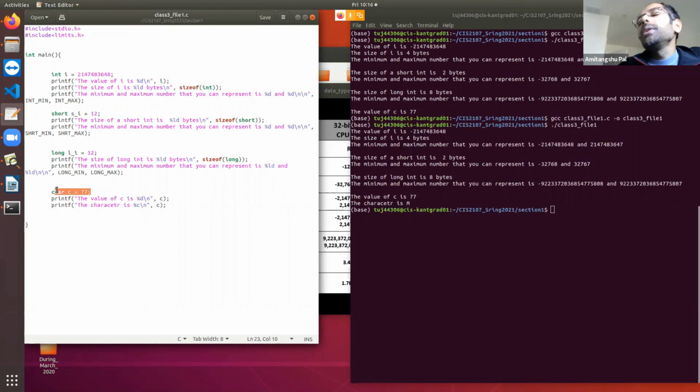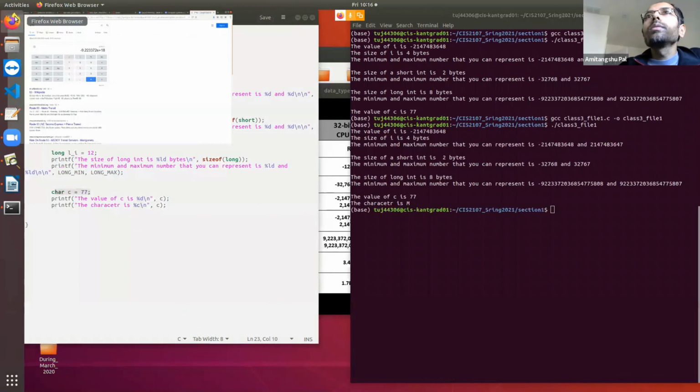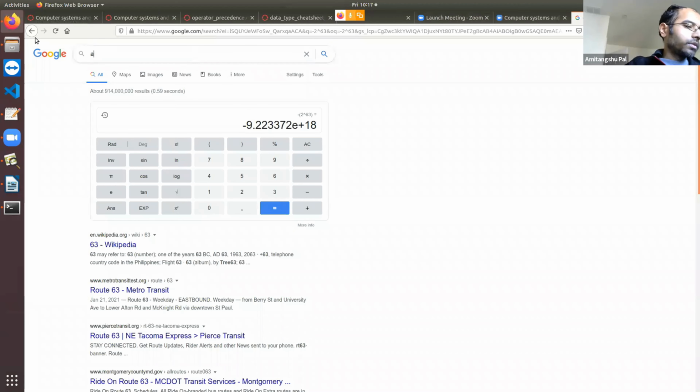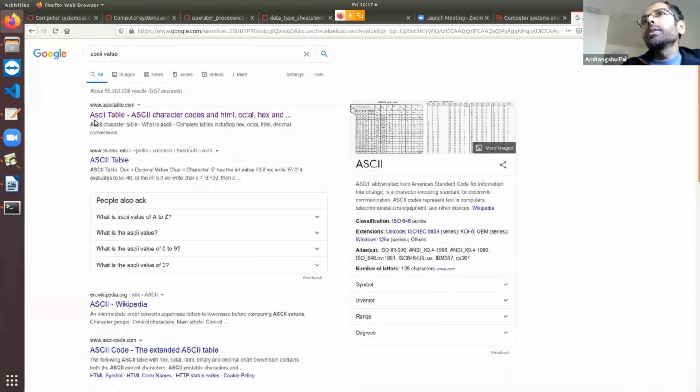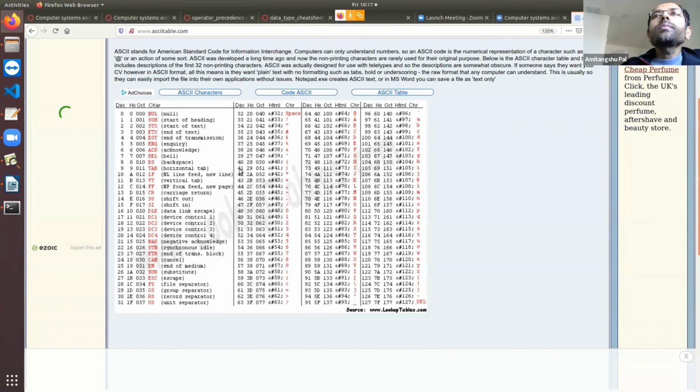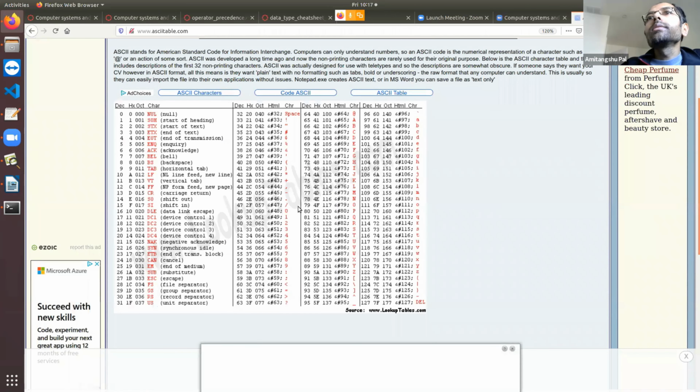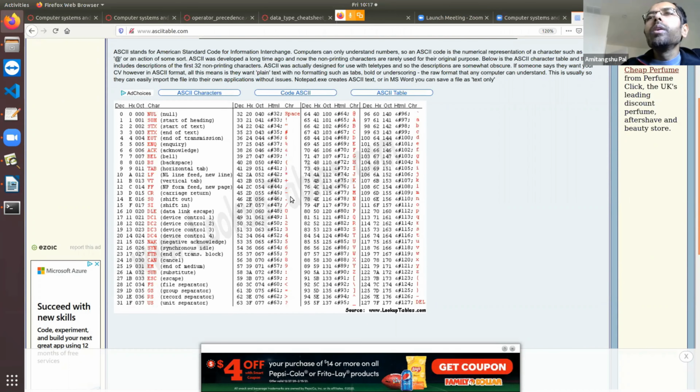In a computing system, the characters are represented using their ASCII value. Okay. ASCII is the abbreviation of American Standard Code for Information Interchange. If you go to this ASCII table, we will see that all the different characters, not necessarily alphabetic or numeric characters, there are other different characters, all these are represented using some value.